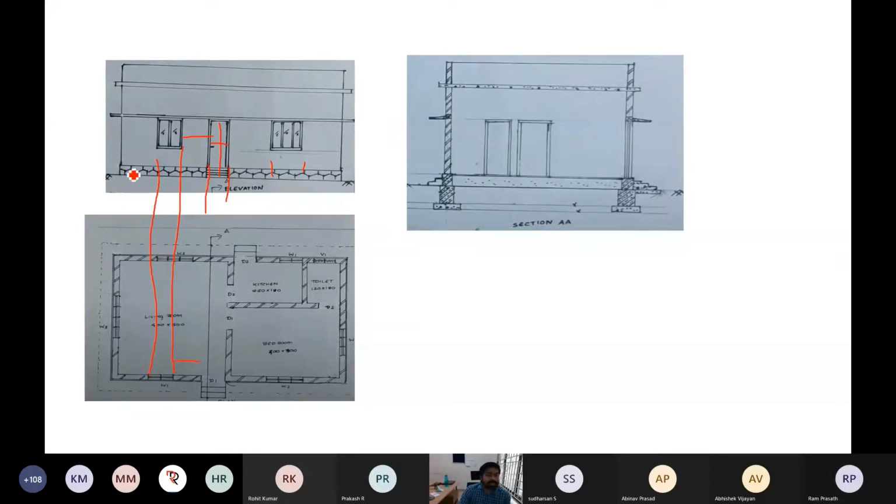Then here also you can see that normally this basement should be of rubble masonry. So rubble masonry you can show this way. I hope you understand what is the meaning of rubble masonry. In houses normally we will put the plinth wall of rubble masonry. Above that our wall will come. So that also in front elevation you can show. So these are also the things you can show, and this is the ground level. The ground level you can show this way. Okay, the ground level you can show this way.